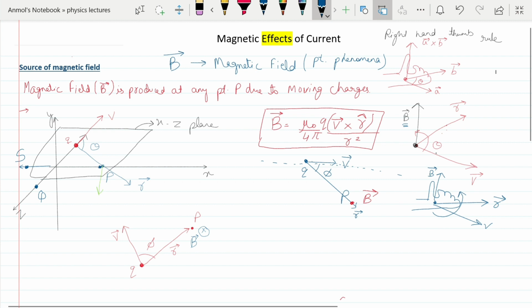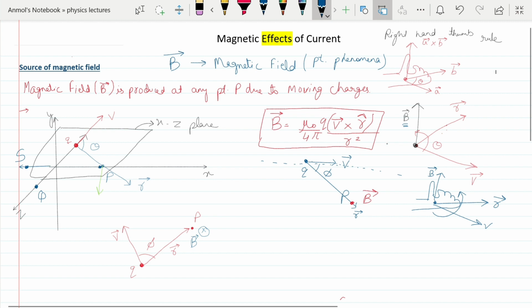So it has been shown here also that, let's suppose, the angle between V and R is theta. If it is V cross R, that simply means the magnetic field will be upward. This point is to be noted: instead of V cross R, if I take the reverse, R cross V, then I have to rotate in the opposite direction and my thumb will be downward, my B will be downward. That is why it is very important that we always take direction as per V cross R. Do not do this mistakenly, R cross V.